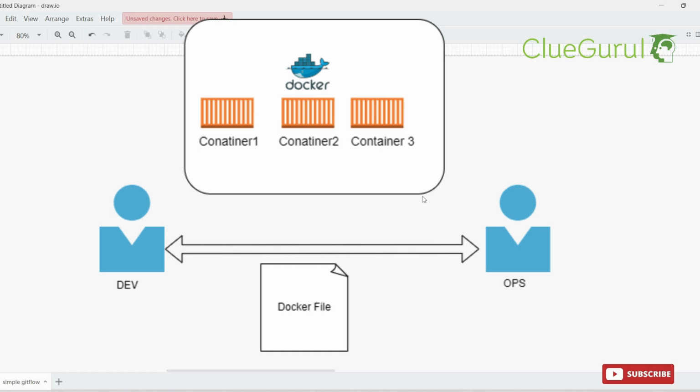The developers provide the set of instructions to the ops team about how the host must be set up, and what all the prerequisite applications are that need to be installed on the host before running our applications. And all of this configuration would be provided by developers to our ops team. Since the ops teams have not developed this application, they would be struggling to host these applications, right? That is the traditional way, whereas